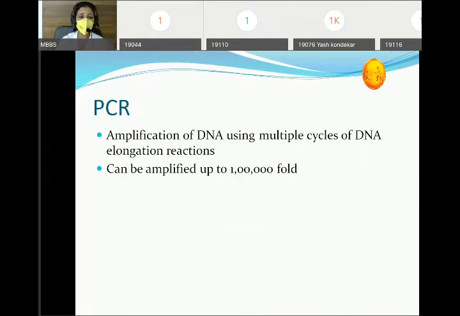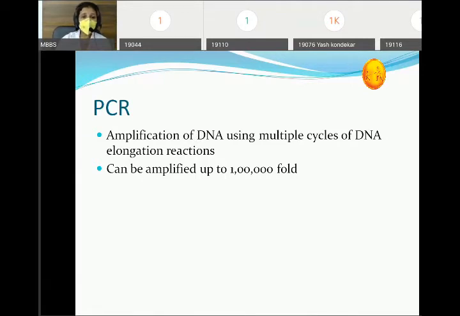Now coming to the first technique, that is PCR. In today's time of lockdown, in which corona is the hot topic, you must be knowing there are very limited tests available for the diagnosis of corona. So the most important and confirmatory test available for this corona diagnosis is the RT-PCR, that is the advanced technique of this PCR. It is the only confirmatory test available for the diagnosis of COVID-19. So we will study what is this PCR technique.